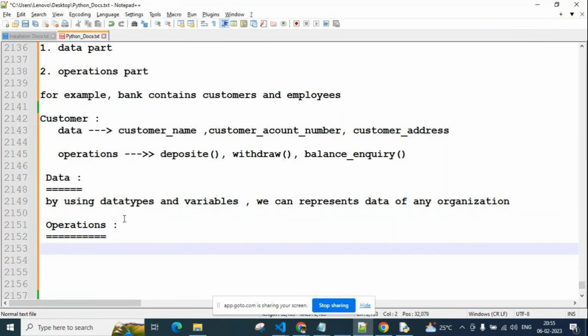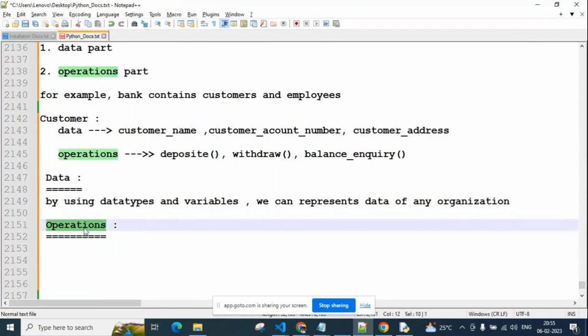So any organization's operations also we can represent by using any programming language. Okay, so here to represent the operations of the organization, every language provides functions or methods.